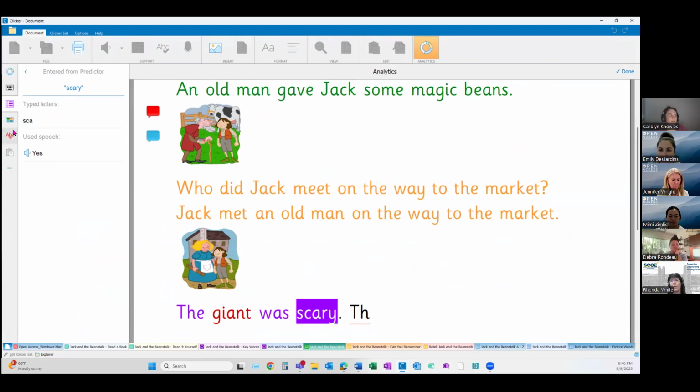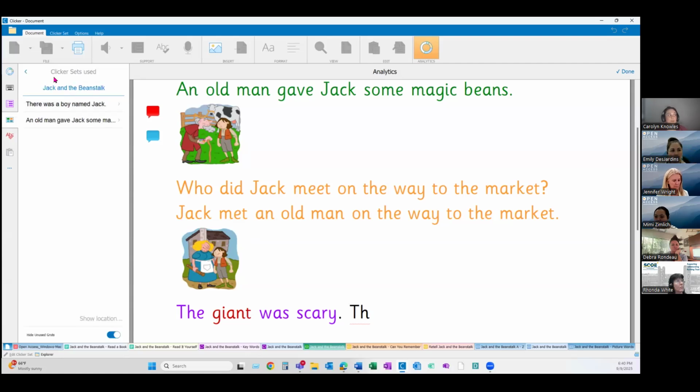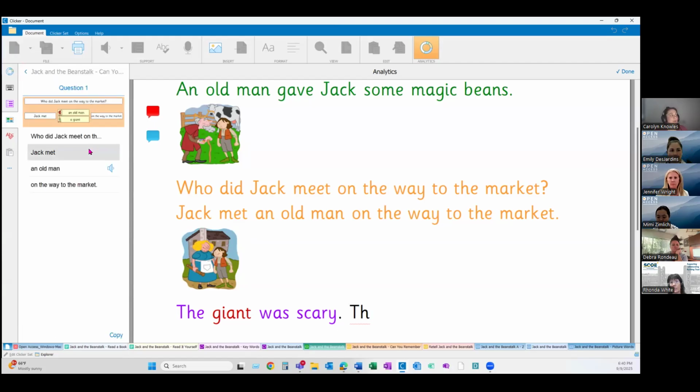It'll do the same thing for spell check. And it will even show you the grids that were used. So we used a couple in creating this work today. It'll show you which grid it was. Anything green is a sentence set, anything yellow is a connect set. It'll follow the basic color coding. And then it'll show you what we entered from that grid if we use speech.